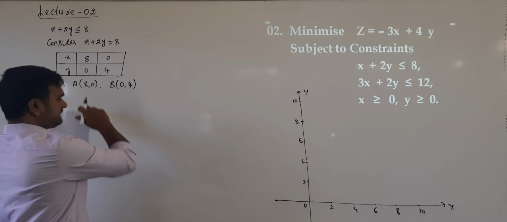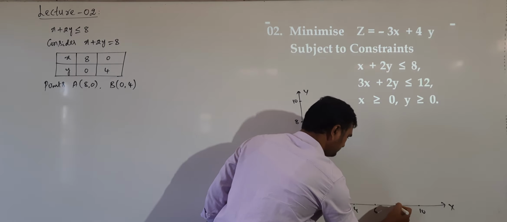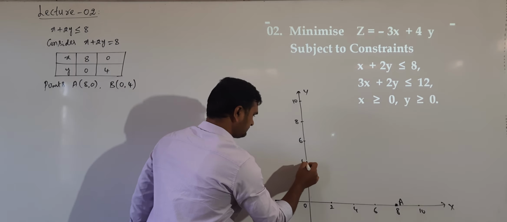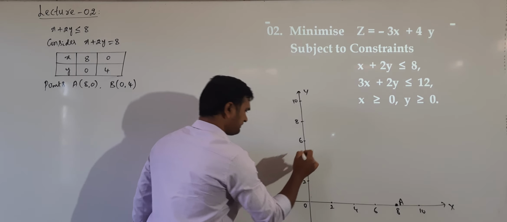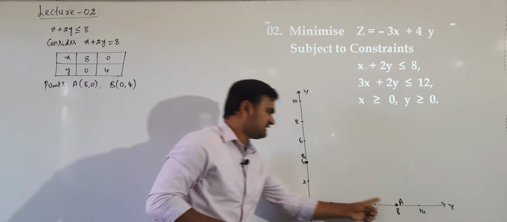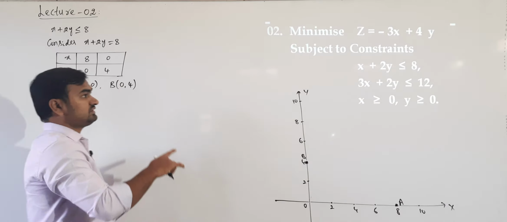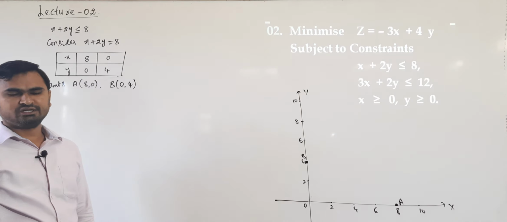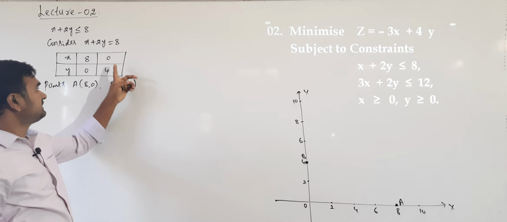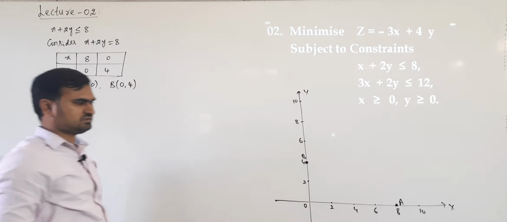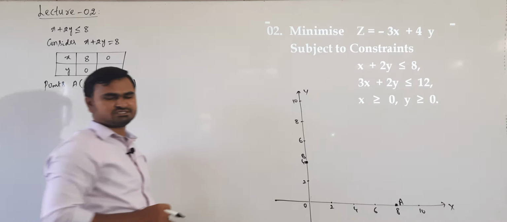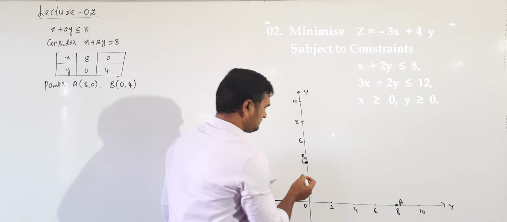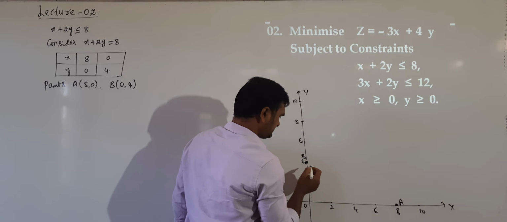So let us identify these points. 8, 0. This is one point A. Next B is 0, 4. Second point it is B. Now joining these two points, we can draw a straight line. Now which type of line we have to draw? Observe the inequality. It is less than or equal to 8. Less than or equal to 8 means including equal to 8. So equal to 8 means it represents a straight line. Okay. So you have to draw a dark line here. If it is strictly less than, we have to draw a dotted line. Okay. So about this we already studied in first year. So let's draw a straight line which passes through these 2 points.